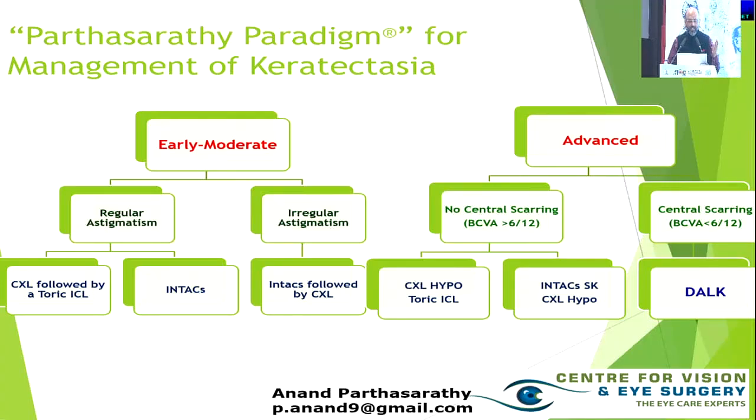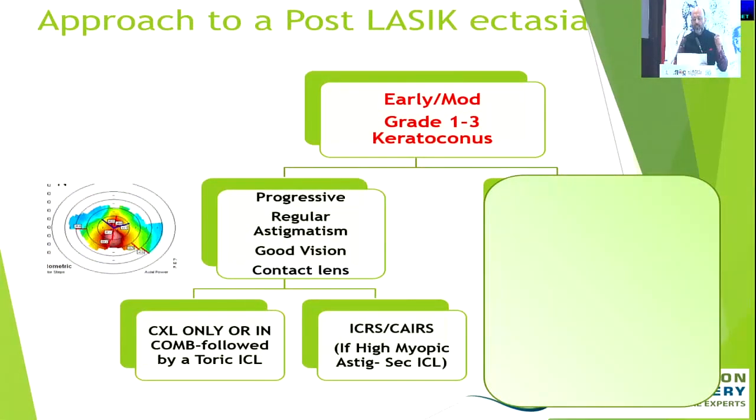So if you have regular astigmatism, and this is a slightly busy slide, so I'll go over it slightly more slowly. If you have early to moderate grade 1 keratoconus or keratectasia, if it's progressive and has regular astigmatism, you do a collagen cross-linking, give them good vision with glasses or contact lenses. You can use CXL in combination, and if there is a significant residual error, you can still put a toric